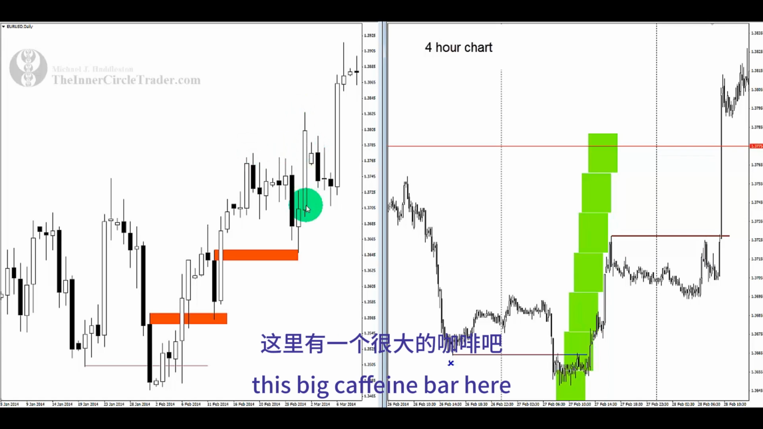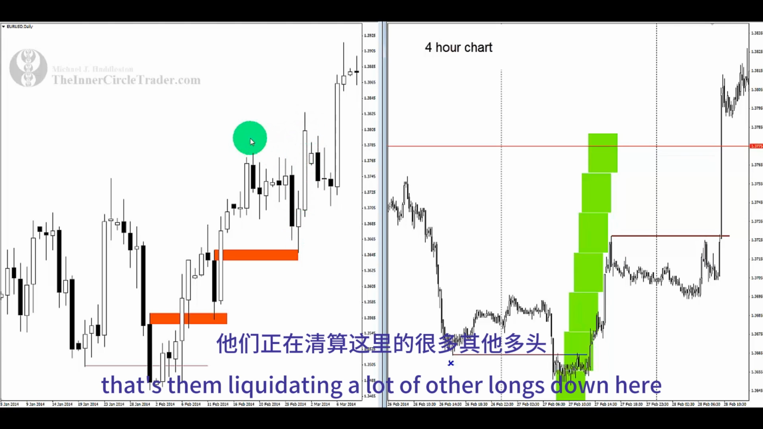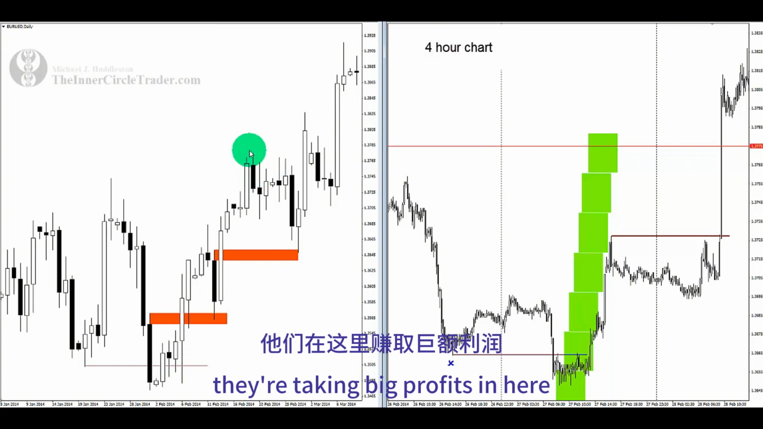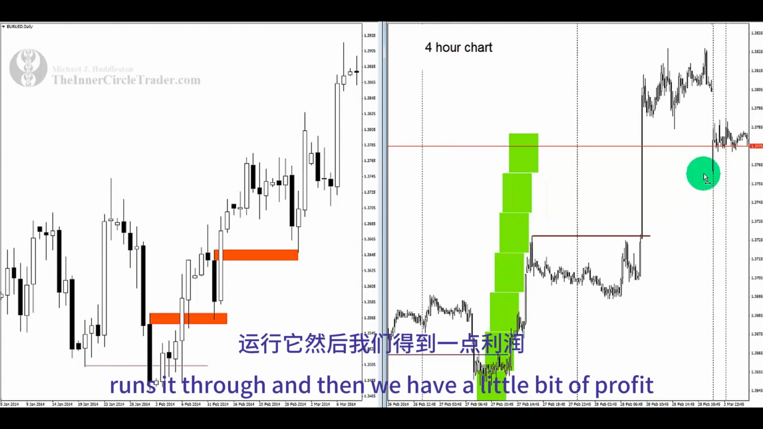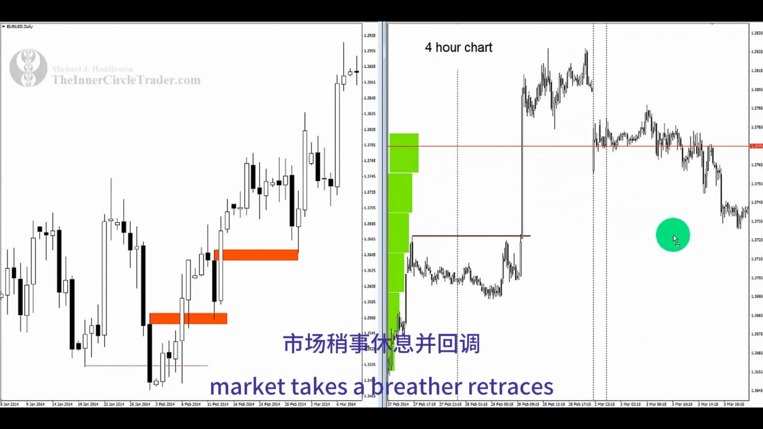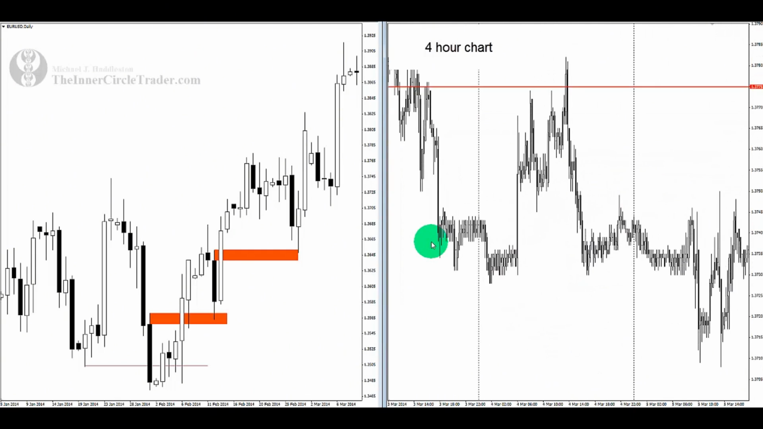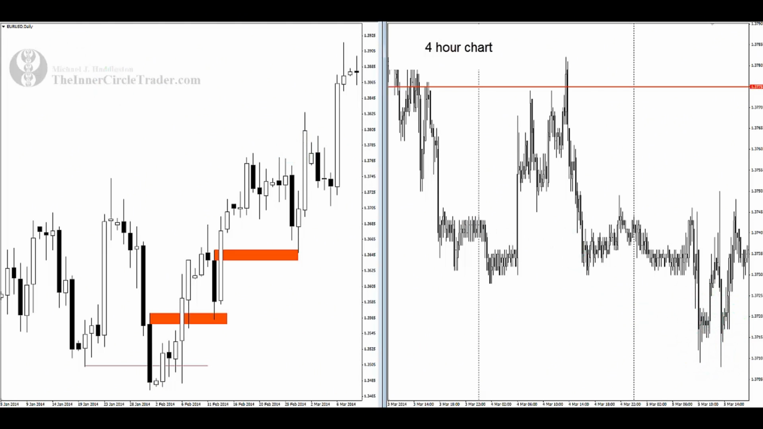You see all this big caffeine bar here, a big press through it. That's them liquidating a lot of the longs down here, and down in here. They're taking big profits in here. It runs through, the market takes a breather and retraces right in here. Doesn't look like much on the chart. But right in here,